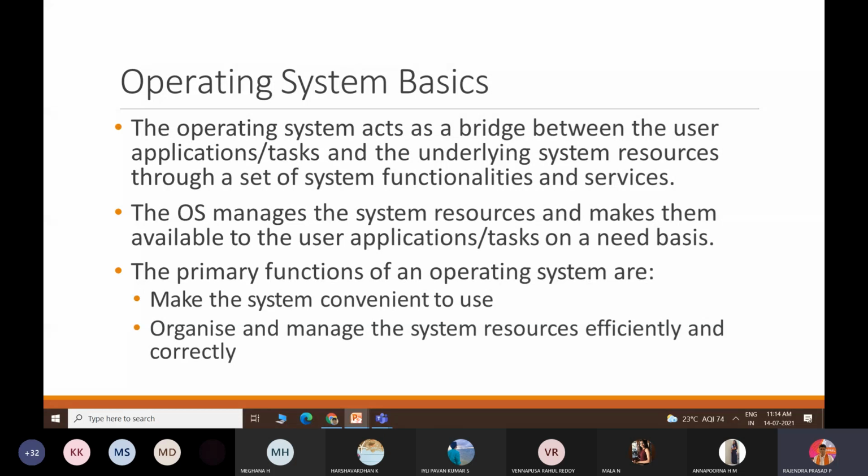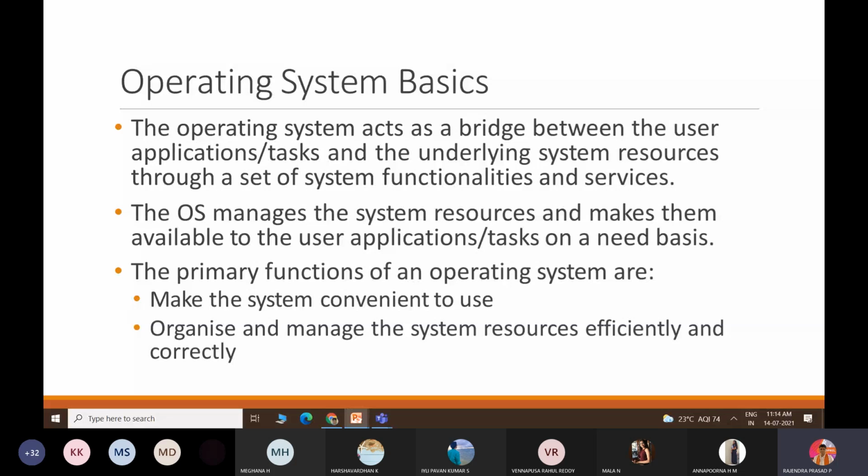So whenever I require some application, I will click on it and it should be serviced. You might have observed when we are opening Microsoft Word or a PPT presentation, it takes some amount of time. It is searching where the document is, how it should be opened, whether it is supported or not. All those procedures come into the picture.